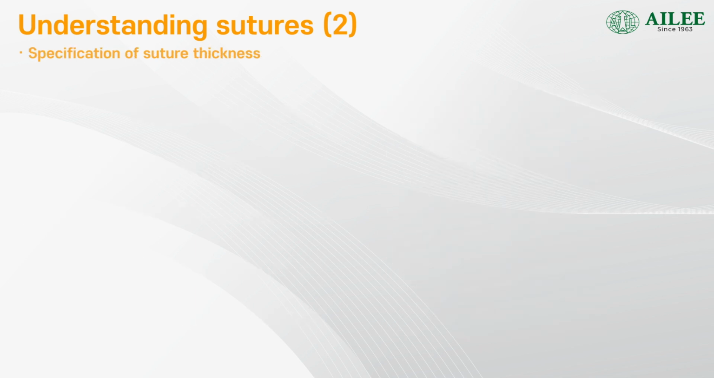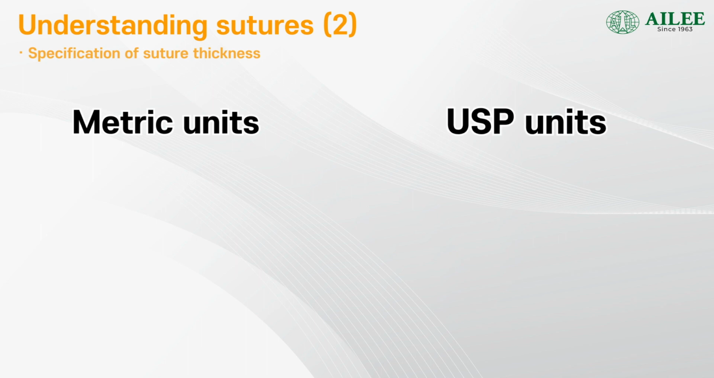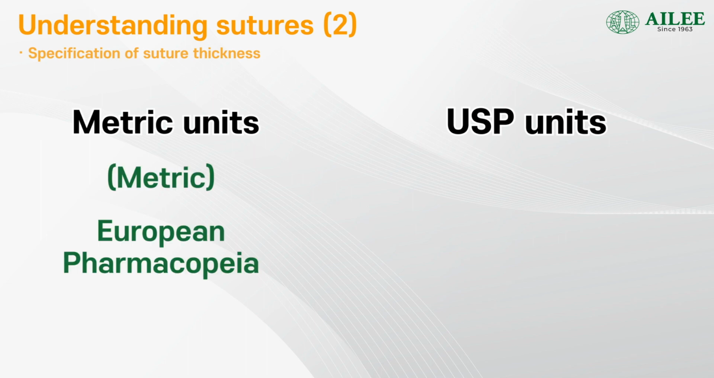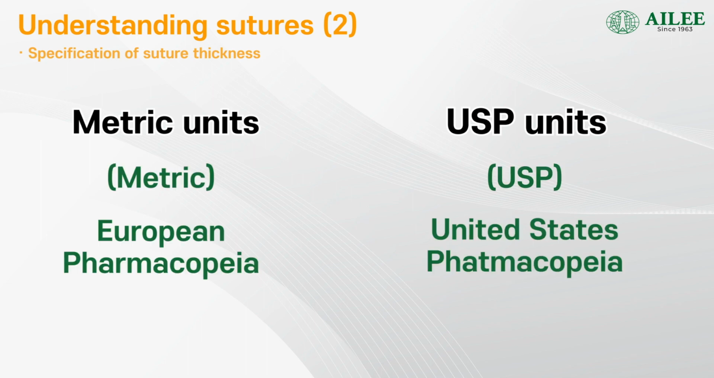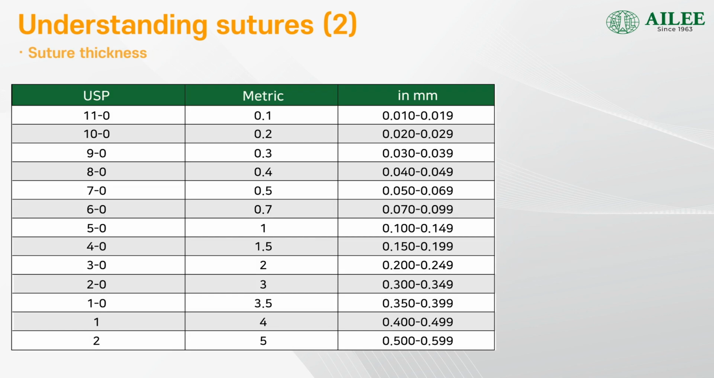When we look at the thickness of the suture, the specification of the thickness of the suture is expressed in metric units or on a numerical scale standardized according to USP regulations. Metric is of the European Pharmacopoeia. In addition, the commonly used USP standard is of the United States Pharmacopoeia. If you take a look at this table, the thickness of the suture increases as you go down from 11/0